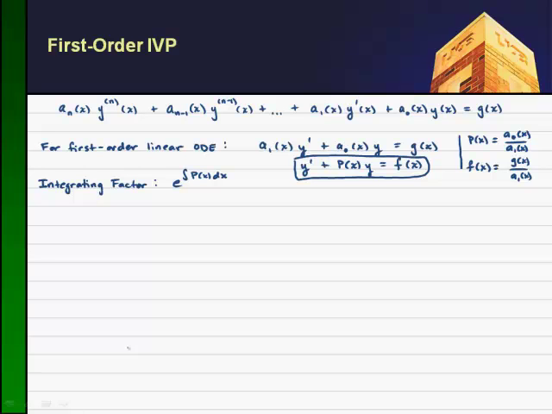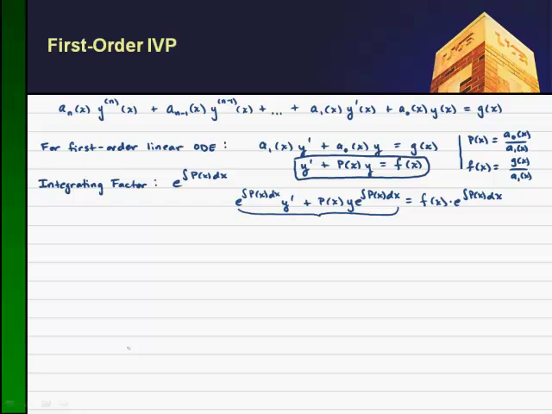By multiplying this equation through by this integrating factor, I get e to the integral of p of x dx times y prime plus p of x y e to the integral of p of x dx equals my function f of x times e to the integral of p of x dx. And really the beauty of the technique is that on the left hand side